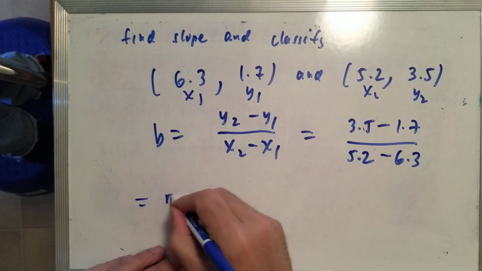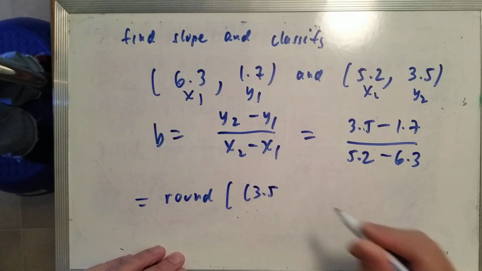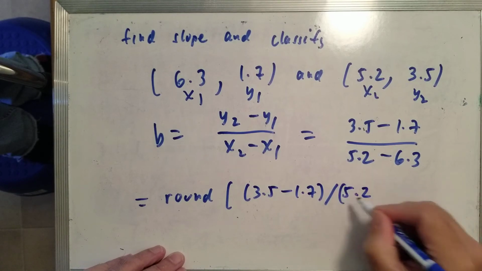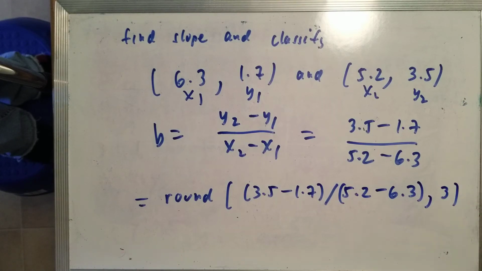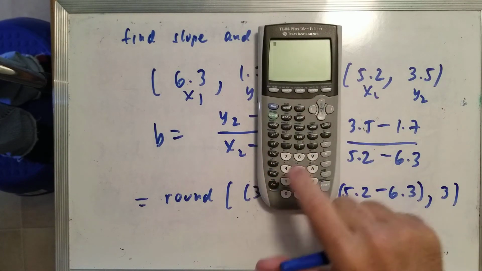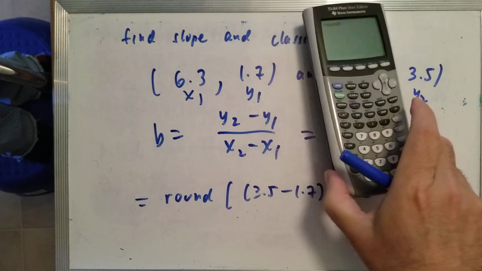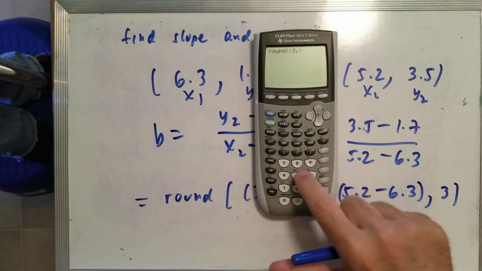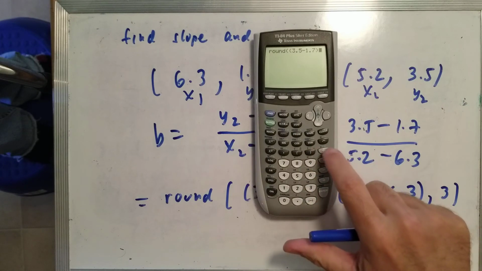Now on the calculator, to round this to 3 decimal places, I'm going to go round, and then 3.5 minus 1.7 divided by 5.2 minus 6.3, comma 3 for 3 decimal places. And on the calculator, I'm going to math, num, round, and let me move that so I can see. So it's 3.5 minus 1.7, close the parentheses, divide